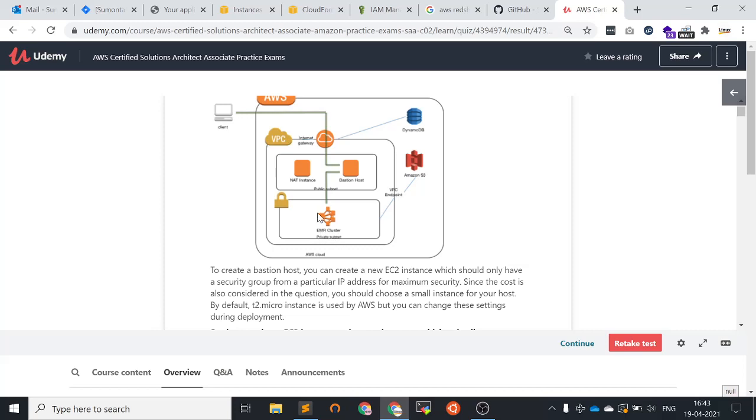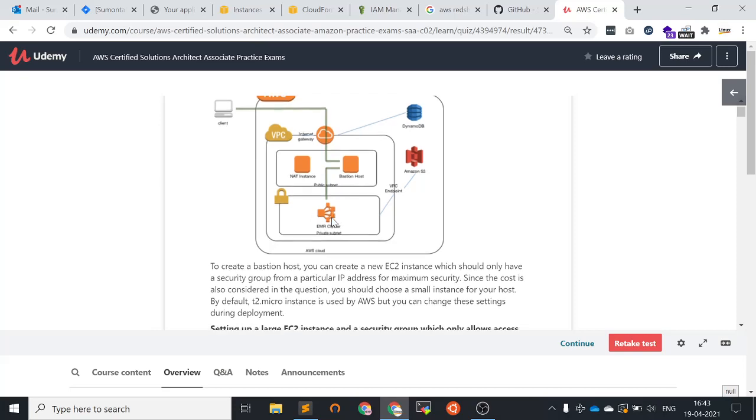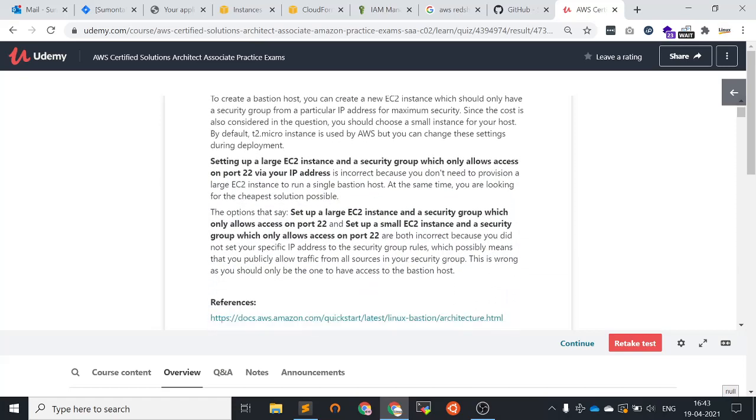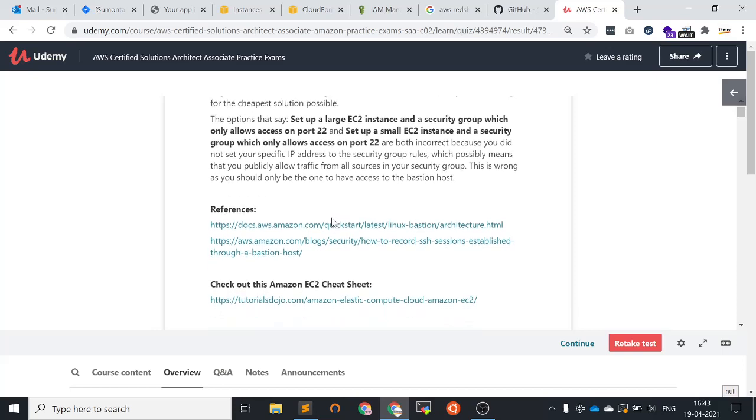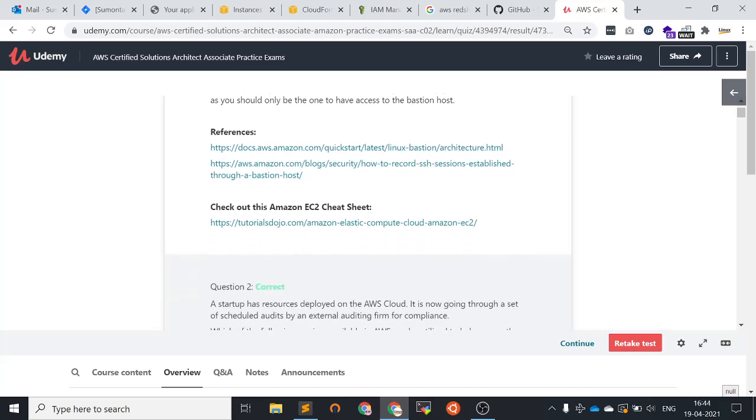So these servers are only accessible from the Bastion host. To access these servers, we have to log in from the outside world to the Bastion host server. After logging into the Bastion host server, we can access the private subnet, right? It gives that description clearly and straightforwardly. I'm not going into further description.